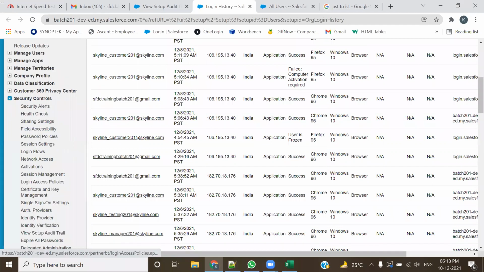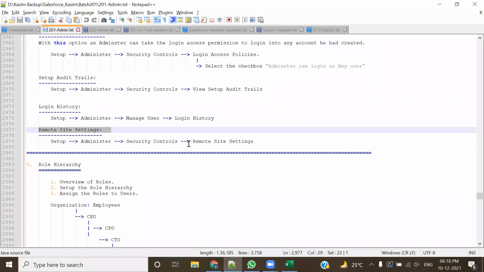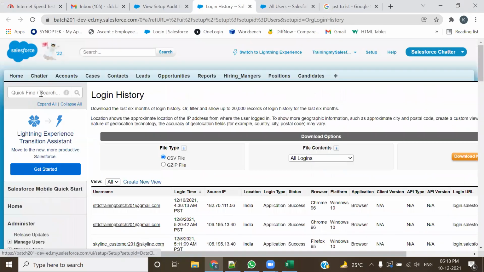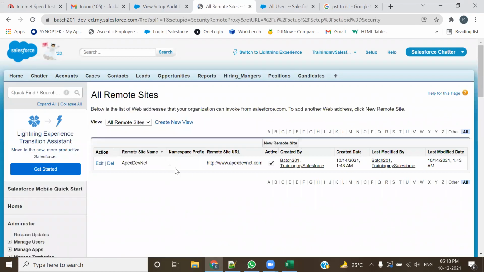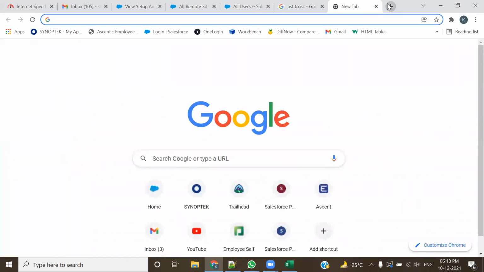Let's go to the security control. So in the security control we have this setting called remote site settings. Okay, let me just find it out over here. In security control में see there is remote site settings of the option. So whenever, for example, if there's a website, or let's कोई वेबसाइट है जैसे कि